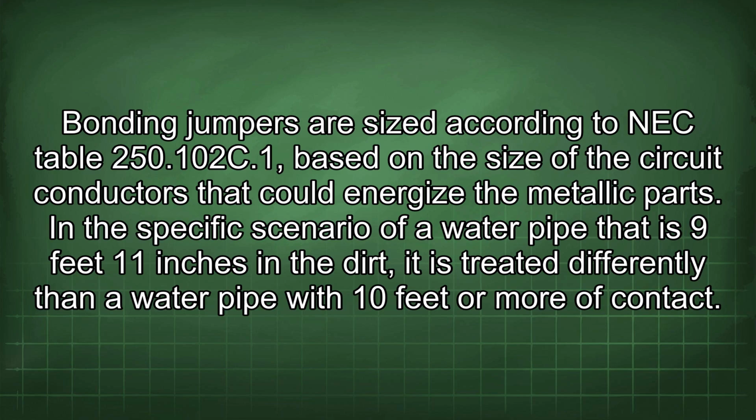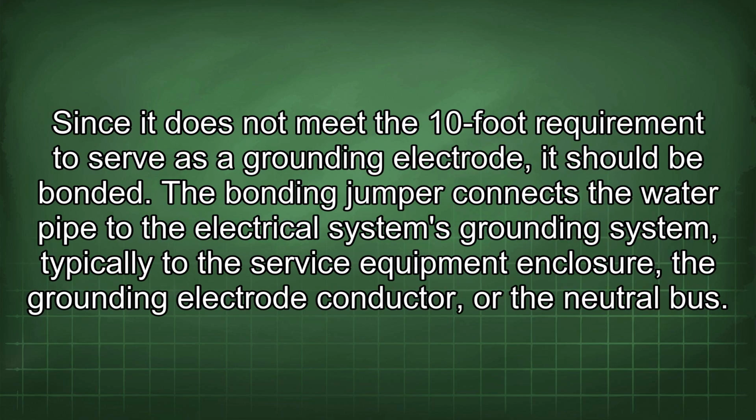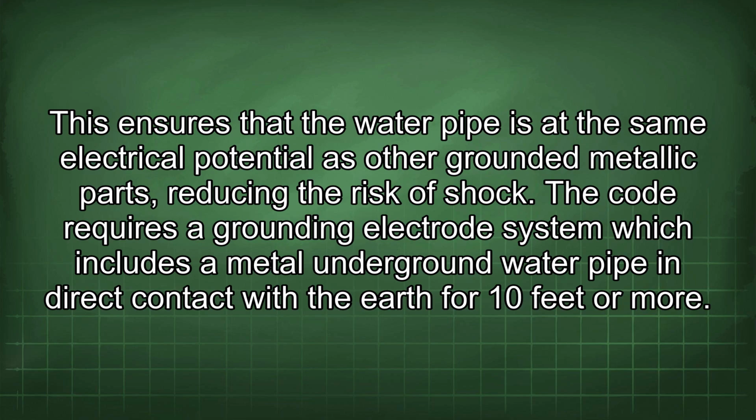In the specific scenario of a water pipe that is 9 feet 11 inches in the dirt, it is treated differently than a water pipe with 10 feet or more of contact. Since it does not meet the 10-foot requirement to serve as a grounding electrode, it should be bonded. The bonding jumper connects the water pipe to the electrical system's grounding system, typically to the service equipment enclosure, the grounding electrode conductor, or the neutral bus. This ensures that the water pipe is at the same electrical potential as other grounded metallic parts, reducing the risk